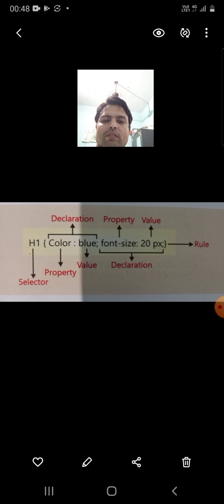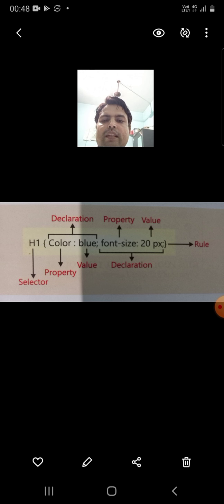Here the whole set of elements is known as a rule. The whole thing together, property, value, declaration, and selector, is known as a rule. Here you can see that there are two declaration statements. In the first declaration, the property is color. Color is a property as it is before the colon, and blue, as it comes after the colon, is the value of this property.